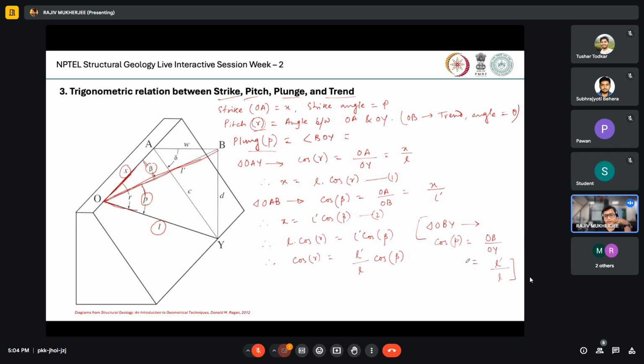So if we substitute this value here, we get cosine of the rake is equal to cosine of the plunge times cosine of beta, which is basically phi minus